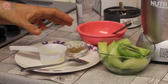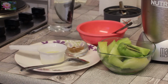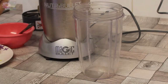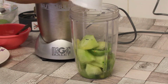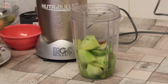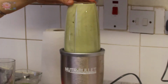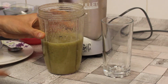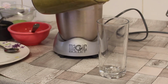Now for this, again, we are just going to add all the ingredients to the blender with 1 glass of filtered water, and we're going to blend it into our lemonade. So let's add all the ingredients. So our lemonade is ready, and I would also like to point out another benefit of kiwi is that it